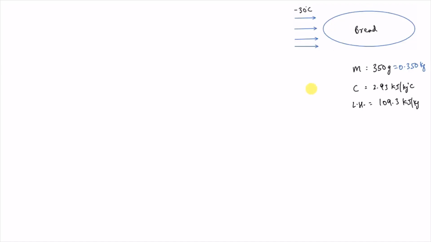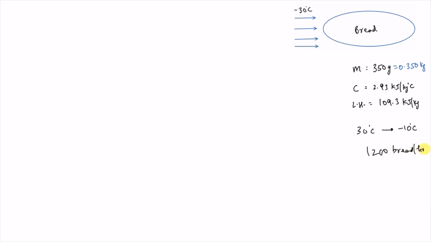So here in this problem we have to find the rate of heat removed from the bread in kilojoule per hour, and we are given that the mass of the bread is 350 gram, or we can say 0.350 kg, and we have to cool the bread temperature from 30 degrees Celsius to minus 10 degrees Celsius, and the rate is given as 1200 loaves per hour, or let me write more correctly, this is 1200 bread